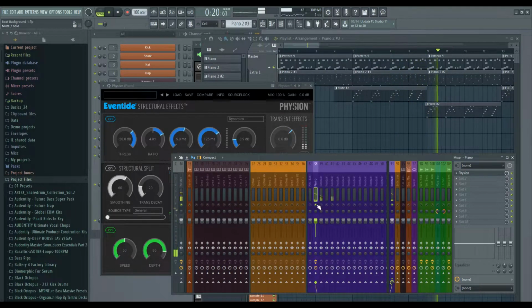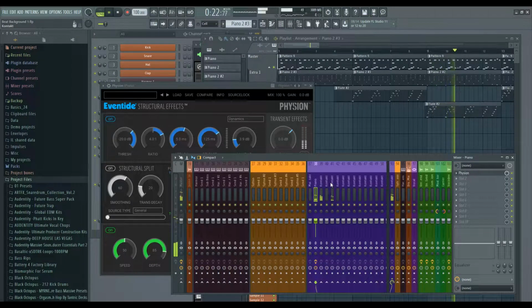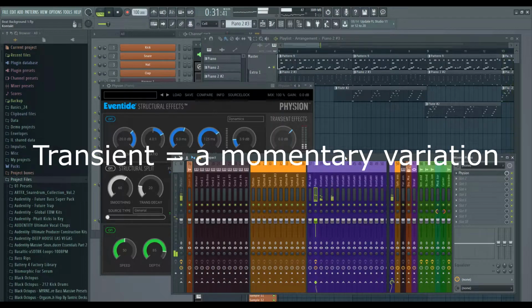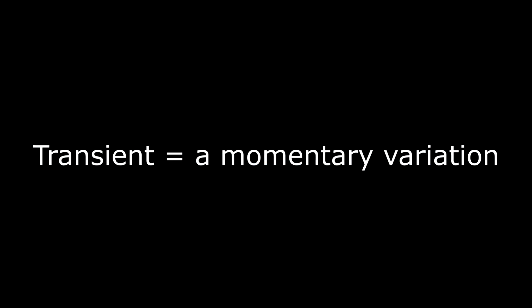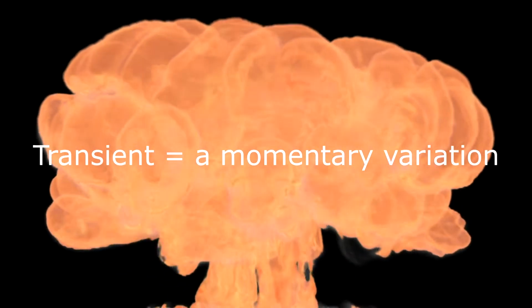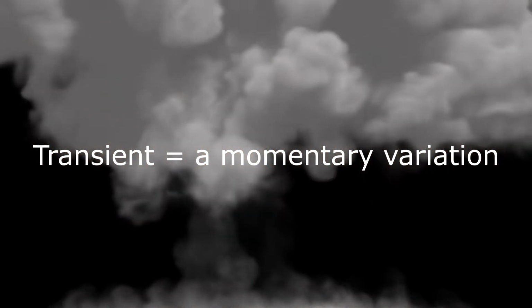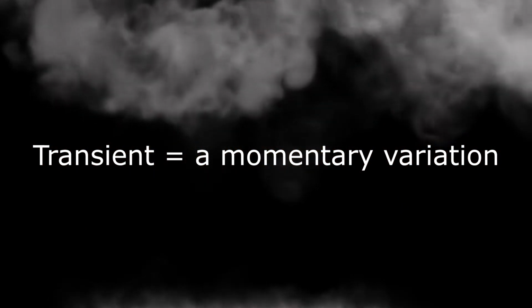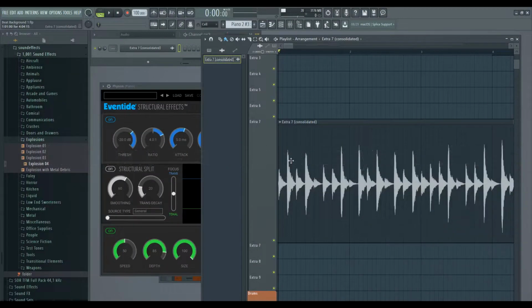Fission looks at the source and uses frequency and time domain information to determine if a part of a sound is transient or tonal. If you're new, a transient is just an audio peak. Transient literally means a moment of excitement, like something was transient. It happened for just a moment. This means we are looking to be able to remove the spikes in our sound or the peaks in our